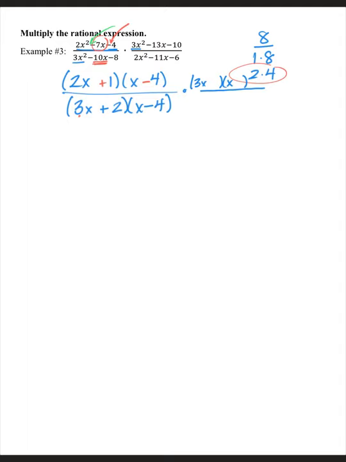Now, when I look at the 10, my options are 1 and 10 and 2 and 5. Well, let's look below and see if there's any common factor here that maybe I can create. Well, I have a 3x plus 2 here. Maybe this is going to be a 3x plus 2. I try to keep that in mind when I'm looking for factors. If I can possibly create a pair that matches, that would help me to reduce in the end. So, let's see. If I were to make this a positive 2 and put my 5 here, that means